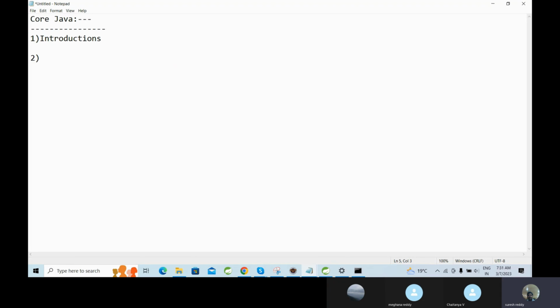Next, the second one is OOPS concepts, object oriented programming system or object oriented programming languages. Many things are there on that. Next, after that, string handling. So next, the fourth one is exception handling. Next, the fifth one is